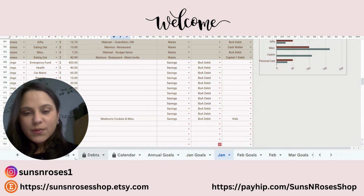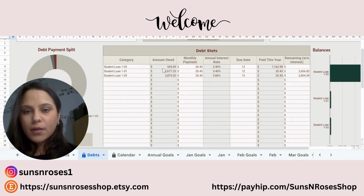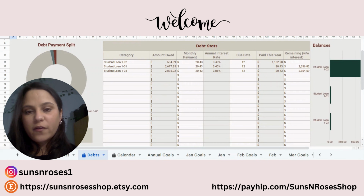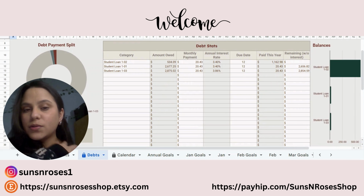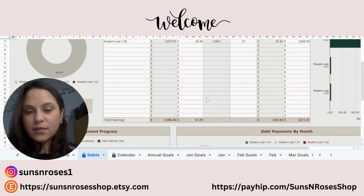All right. Now let's go ahead and look at here the debts. So this is a debt tracker. And I currently owe 534 for this student loan that we have over here, 2,677 for the second, or the dash '01, and the dash '03, 2,875.02. The minimum monthly payment for each one of these is actually $20.43, which come out to being about $61.29, which